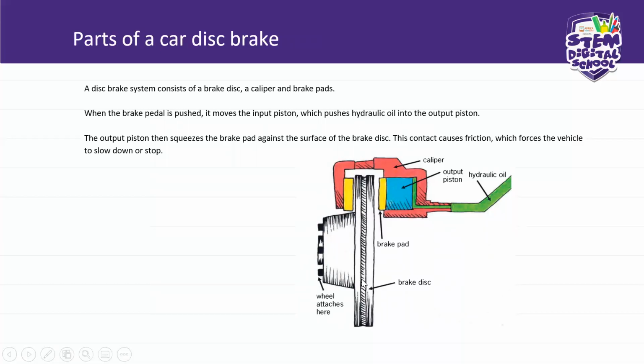So it becomes very important to change the brake pads from time to time, because if there is friction between the caliper and the brake disc, you might end up having to change not only the brake pads, but